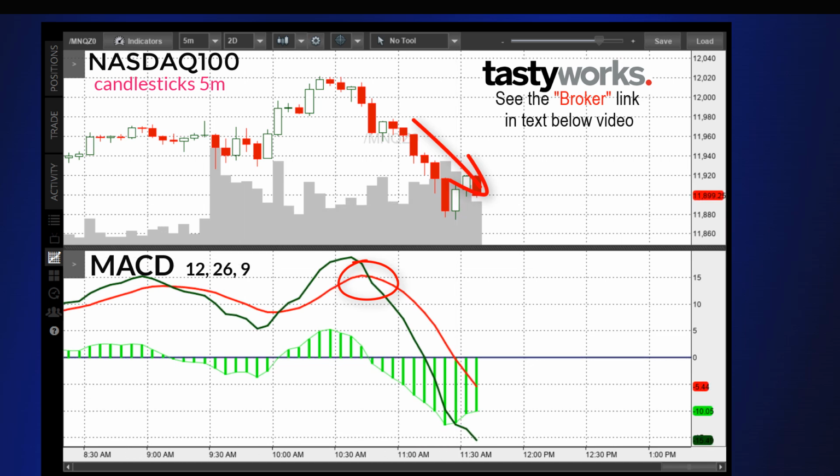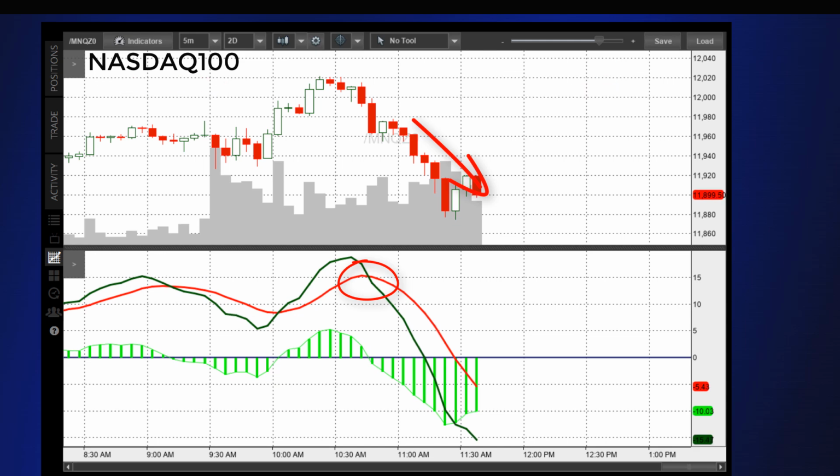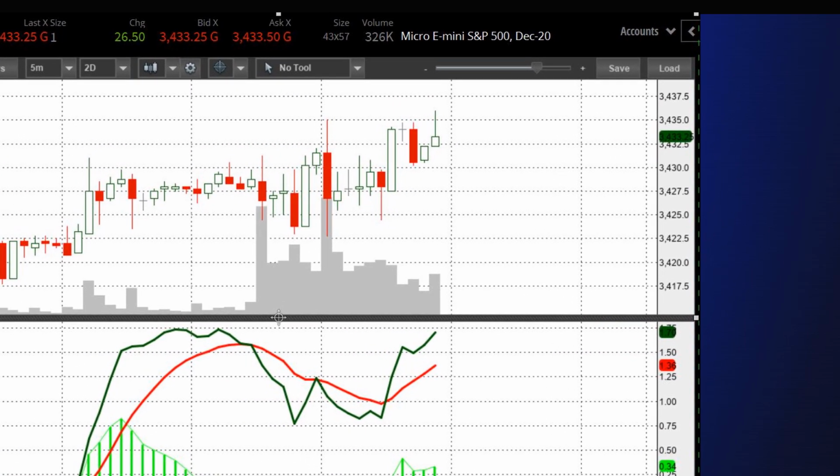Now, I want to show you some very, very important things. This can be an aggressive way to trade, and I'm going to show you some tips on how to better narrow in your sights on when to trade and when not to trade. You can see the highlighted yellow in the bottom pane where the MACD is. See the green and red lines are intermingling, they're crossing each other,